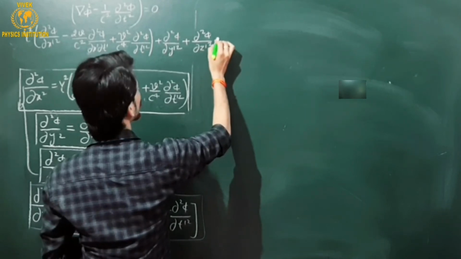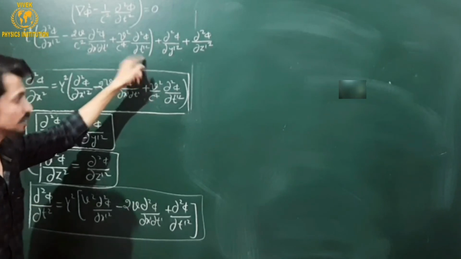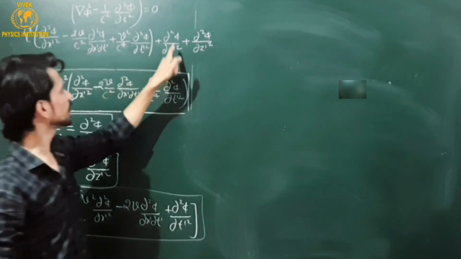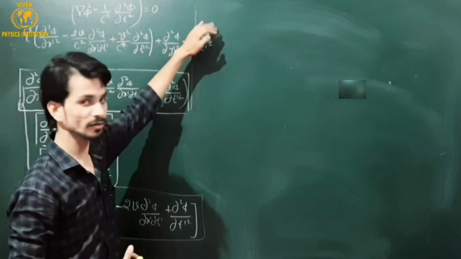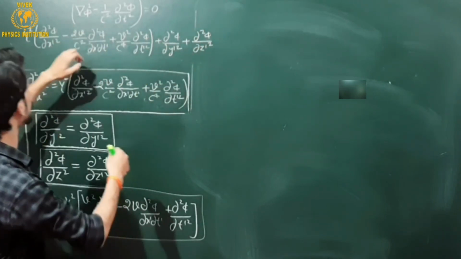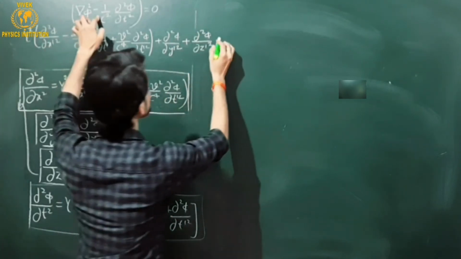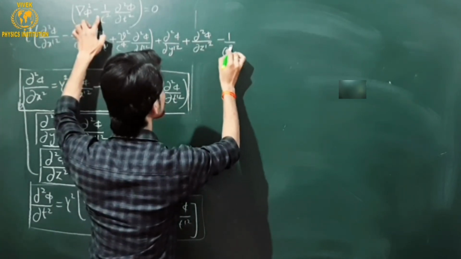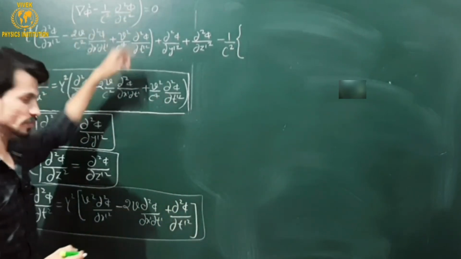Okay, now this is complete because this is the value for del square phi over del x square, this one. This is the value for del square phi over del y square. And this is the value for del square phi over del z square. So up till now I have written the complete value of del square phi here, this one. Now here this is minus 1 upon c square. Okay, and in bracket I have to put the value of del square phi over del t square from this